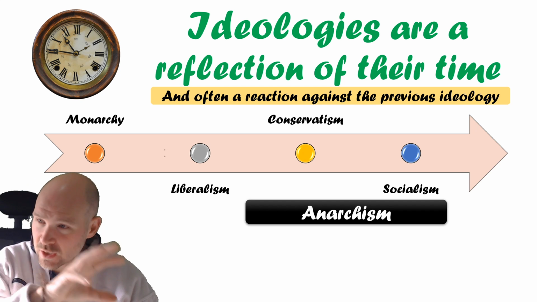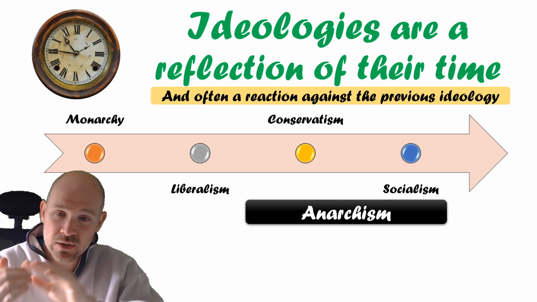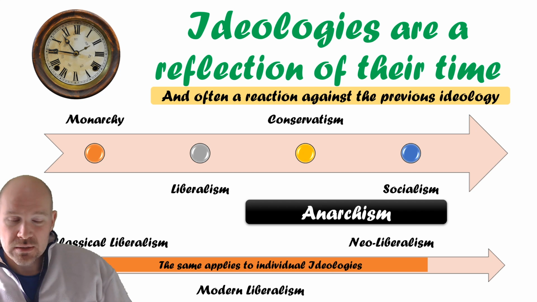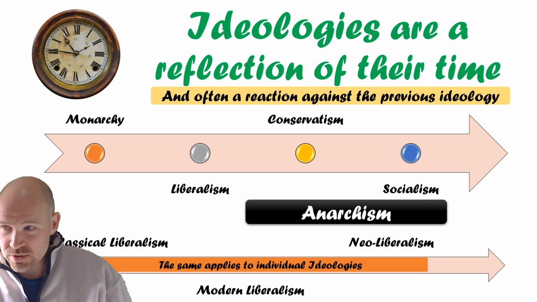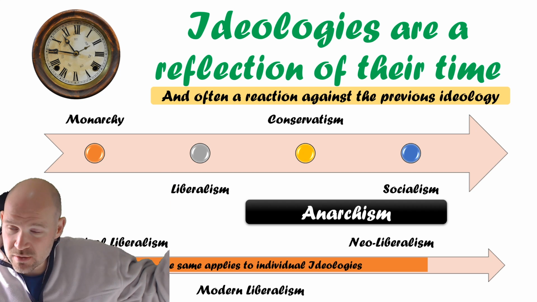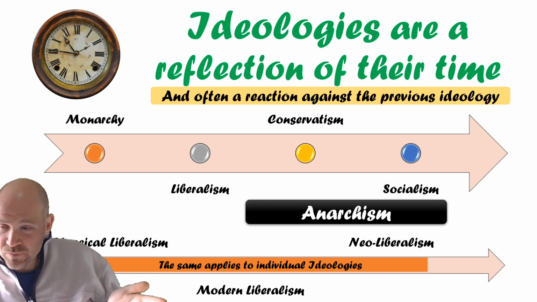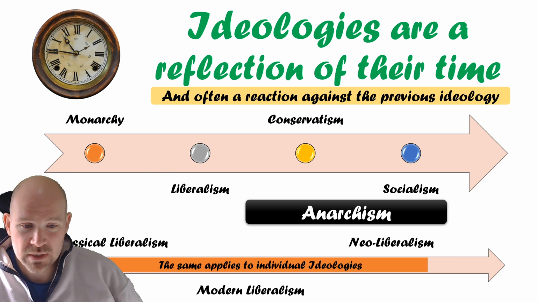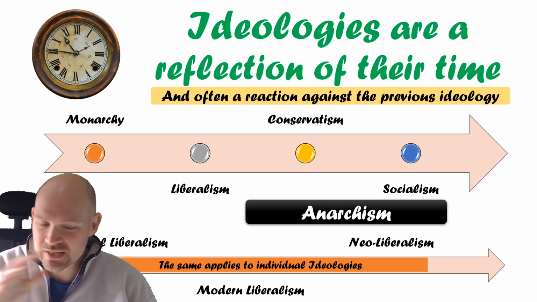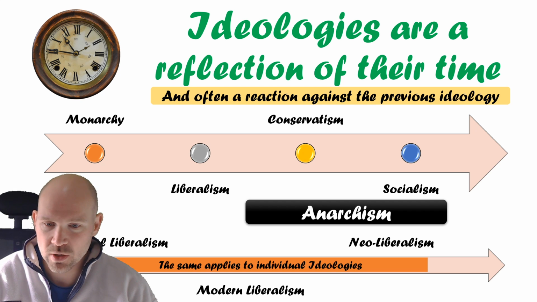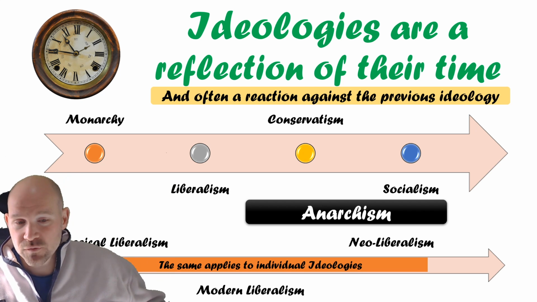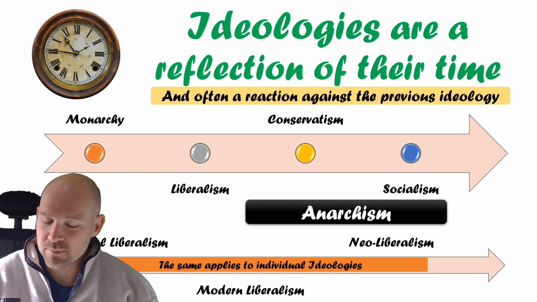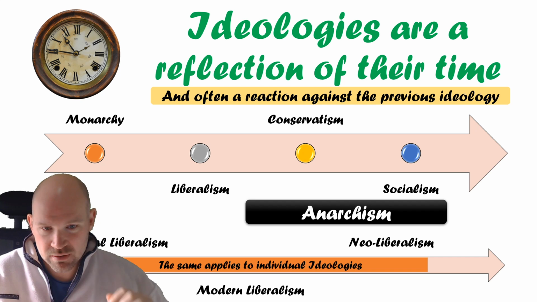So my point here, going back to that point, is that ideologies are a reflection of their time and often a reaction against the previous ideology, as are the individual differences within ideologies. So far we're talking about differences between political ideas, between ideologies, but it also applies within them. When we're looking at classical liberalism, modern liberalism, and other modern forms like neoliberalism, remember you don't need to know neoliberalism within the liberalism topic. Modern liberalism is often thrown up by modern thinkers as a response to classical liberalism, and by understanding that, you can see how the ideas interweave together.